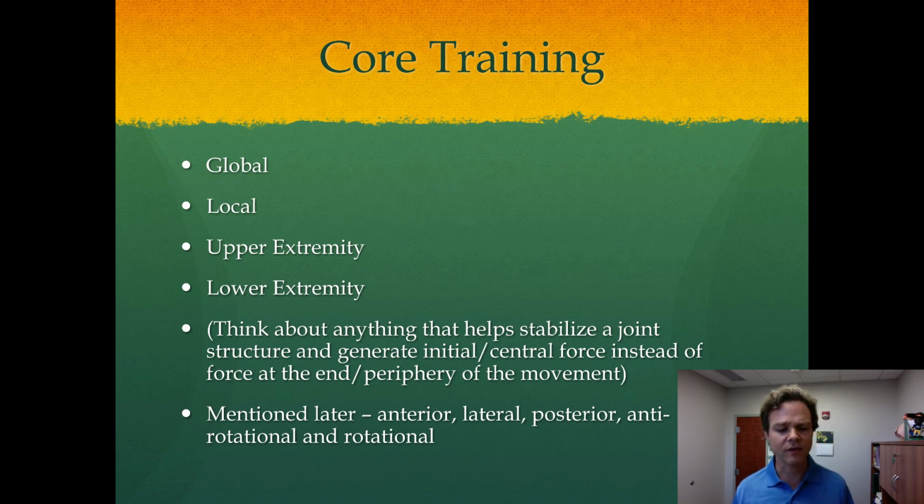And with core, you have the anterior, so in the front, the lateral, the side to side, the posterior, anti-rotational and rotational core. The anti-rotational, the functional movement screen folks talk about that. And when we do the functional movement screen in lab, we'll talk more about that. When you do resistance exercise, what it really helps the most is your posterior core. That's what it really addresses the most. The anterior core, lateral, the resistance exercise doesn't really address that, and there's other exercises that will help with that.